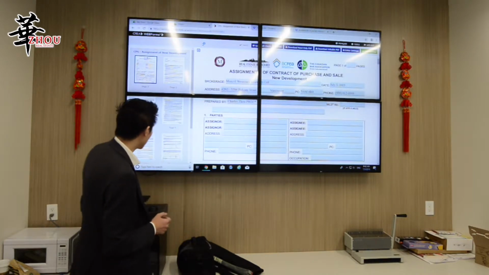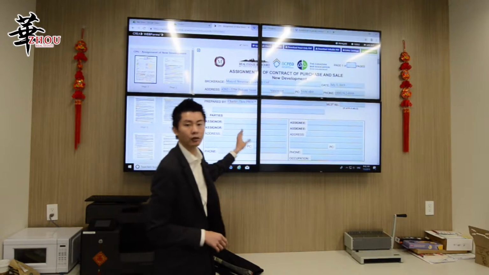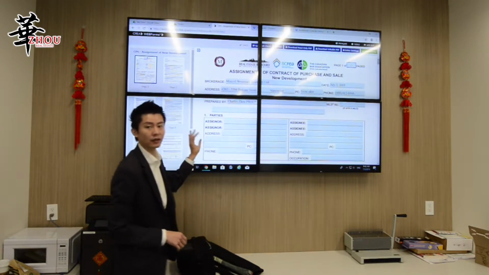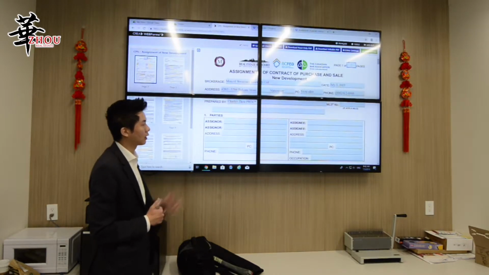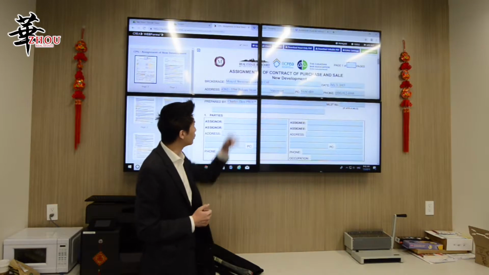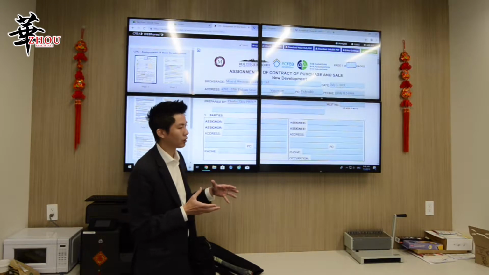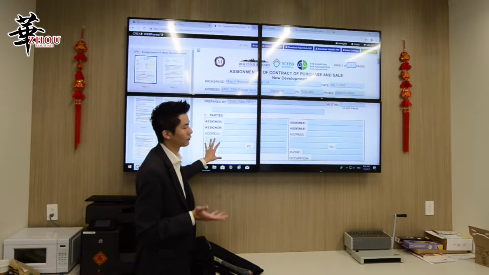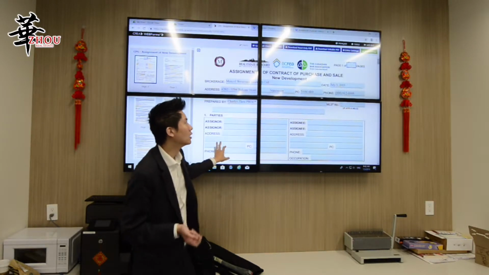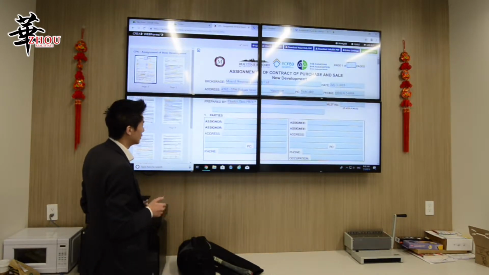Okay? So for all contracts, make sure on the top right here, you note how many pages in total. Page number is always very, very important in an agreement. Because when you write an assignment contract for a developer, like a new development, there is what they call an addendum, because you have to write all your subjects in the addendum. So the contract may, for example, be 5 pages, and you have a 2-page addendum. So here you have to fill in a total of 7 pages, everything included.